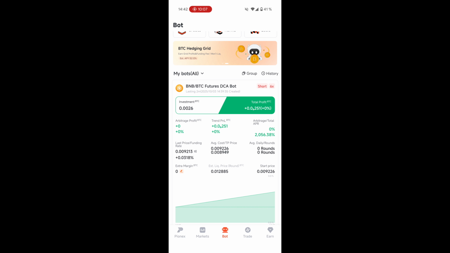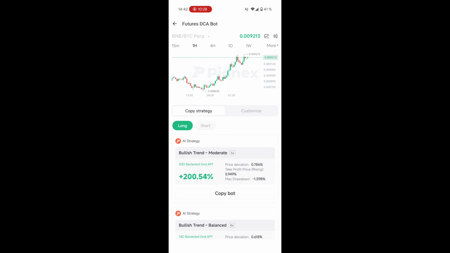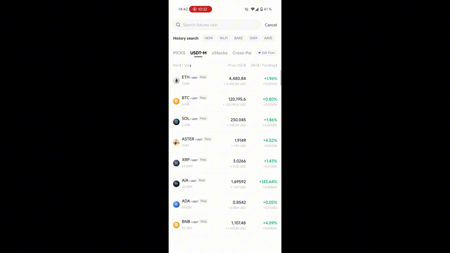Alright, now you can see you can't use this with coin-M futures. So if you want to try it out, you cannot in a normal way, like you would with a coin-M futures grid bot, earn BTC or Ethereum.